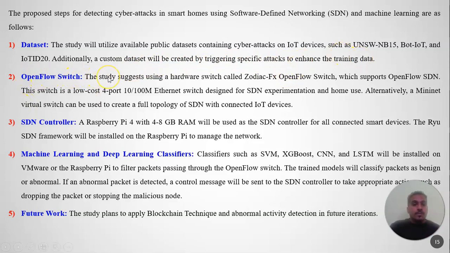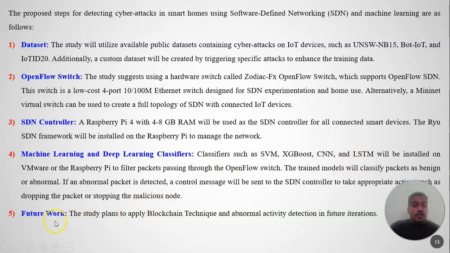OpenFlow switch: here we will add the OpenFlow switch, suggesting the hardware switch called Zodiac OpenFlow switch, a low-cost board, with 10 to 100 MB topology on SDN with the IoT devices. SDN controller: a Raspberry Pi with 4 to 8 GB RAM will be used as the SDN controller for connecting all the devices. Machine learning and deep learning classifiers: SVM, XGBoost, CNN, and LSTM.